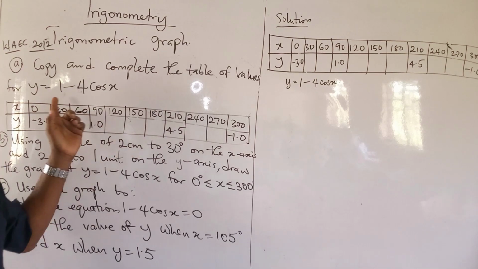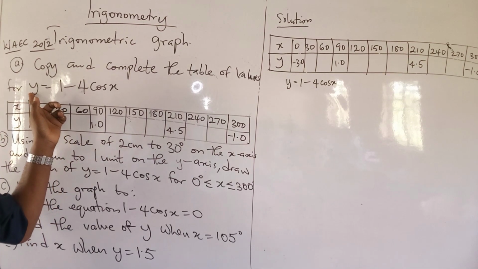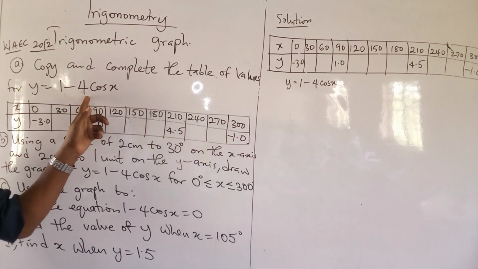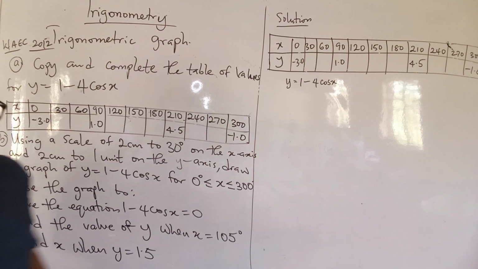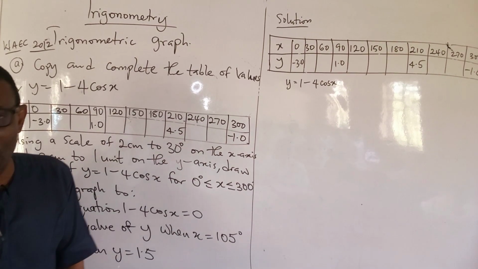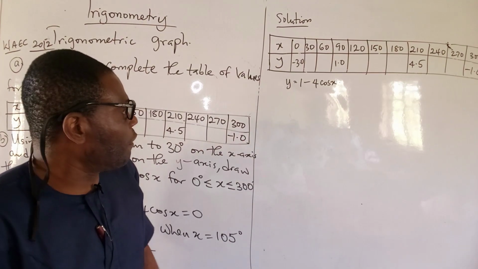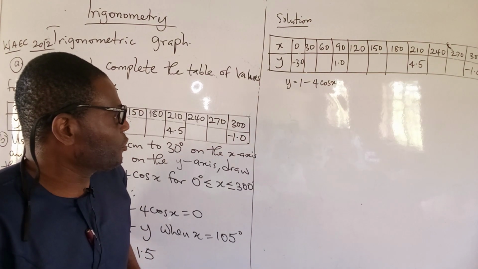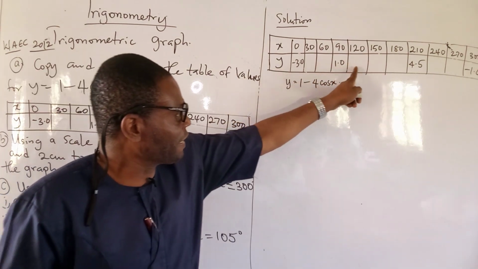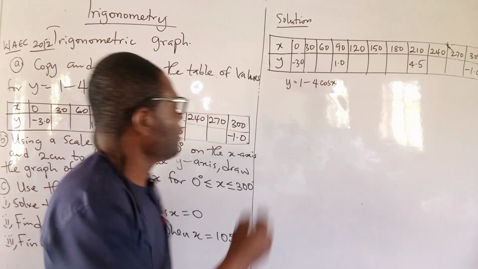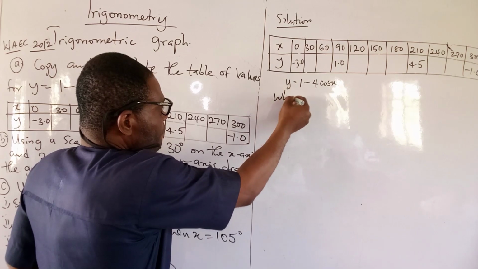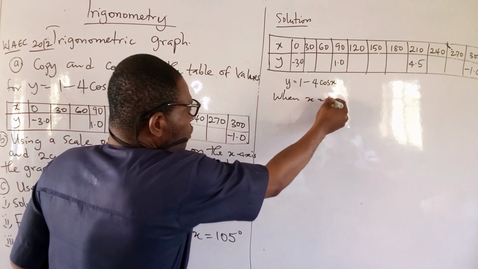Using this function, we are going to substitute the value of x in each case to get the values that are not given. So when x is equal to 30,